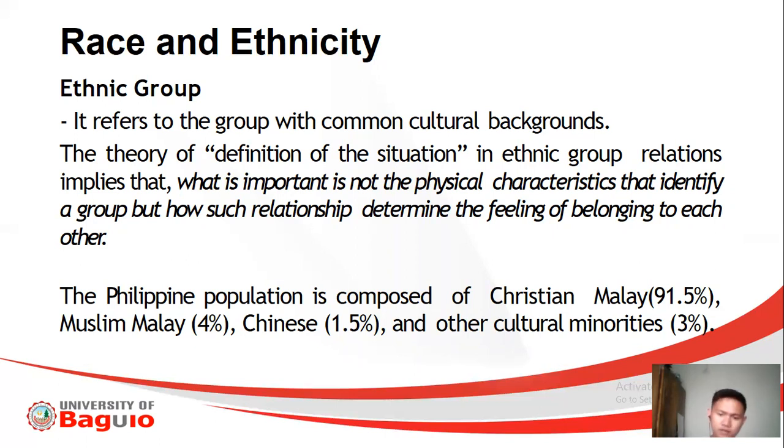But anyway, the first one is that we have the Christian Malay, and then secondly we have the Muslim Malay. For the Chinese, medyo mahirap nang i-track ang ating Chinese families kasi nga madami na talagang Chinese rin, and most likely, kahit ang apelyido mo ay Chinese surname, like for example Co, Dy, di ba? Yung mga yan, still they are considered full-blooded Filipinos na. Okay? So yan ang race natin and then ethnicity.